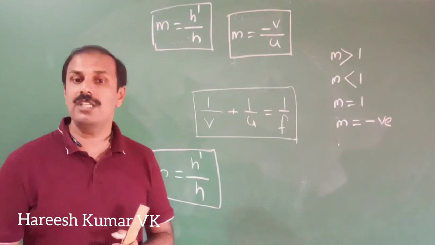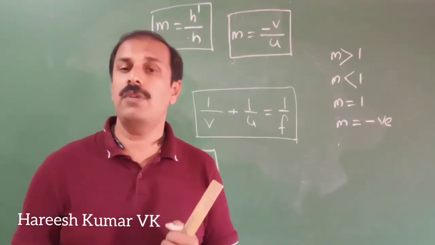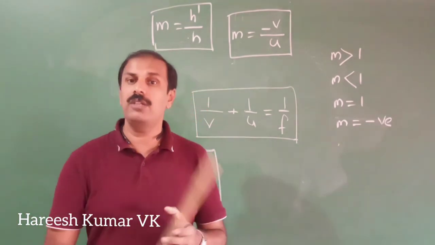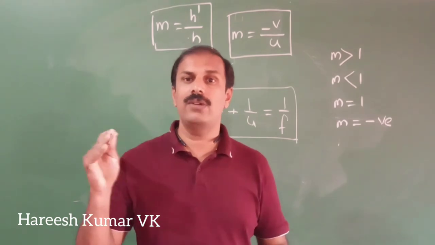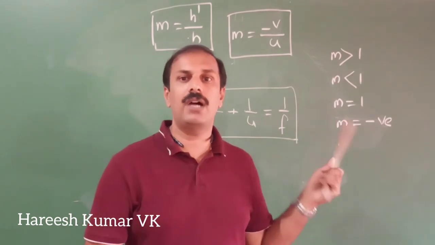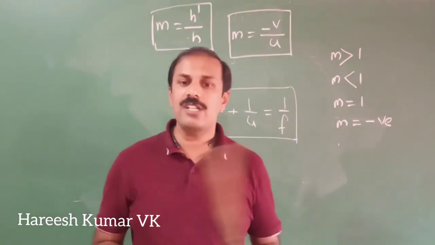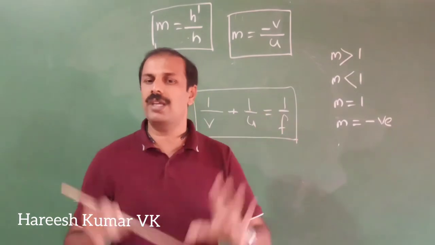Okay, so what are the things we discussed today? Sign convention. For remembering sign convention, just remember the graph sheet, positive, negative, that's enough. And one more thing to keep in mind is our object should be on this side, okay, and on this side we have the mirror. When you study lens also it is the same. Then which side is positive, which side is negative, think about the graph sheet.